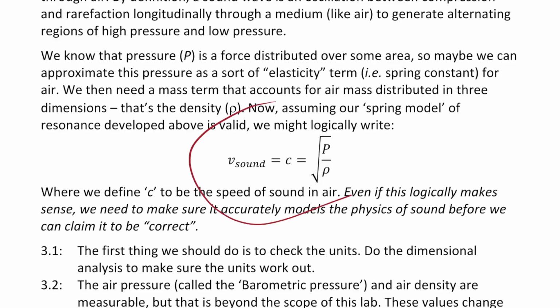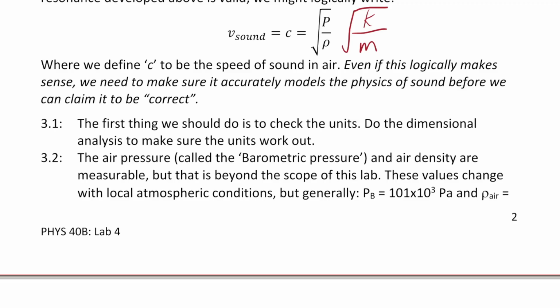So they propose that the velocity of sound might be equal to the square root of p over rho, because we're just going to pretend that p, it's not really pretending, but they're guessing that this pressure is similar to the k term, and then this rho is similar to the mass term, and then this is similar to root k over m. And so they're sort of proposing that this is true. We don't necessarily know that it's true yet, but